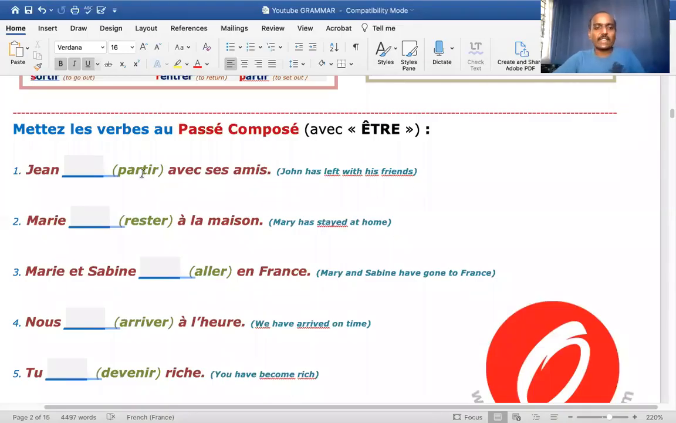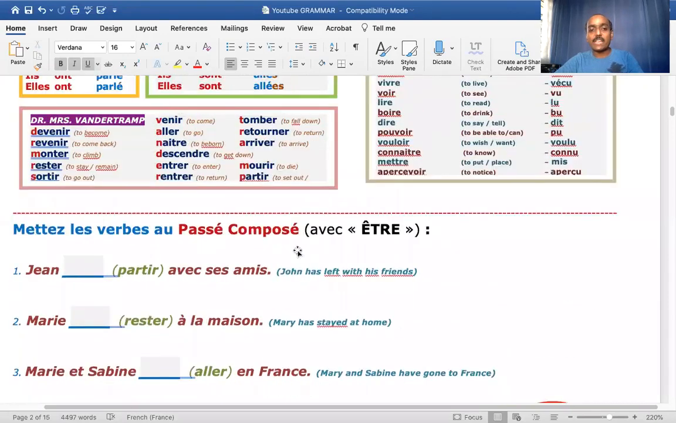Here we're going to conjugate these 5 verbs, partir, rester, aller, arriver, devenir. We're going to conjugate these 5 verbs in passé composé. And we're going to use être as the auxiliary verb. The reason why we're using être as the auxiliary verb is because partir, rester, aller, arriver, devenir, they are found